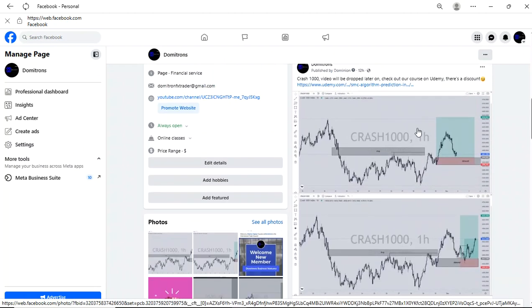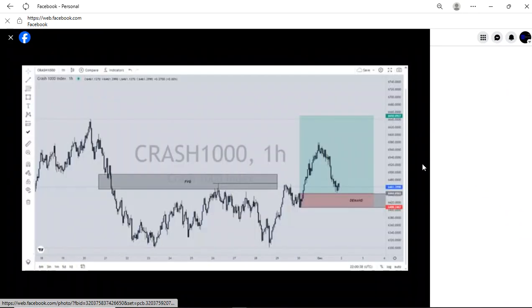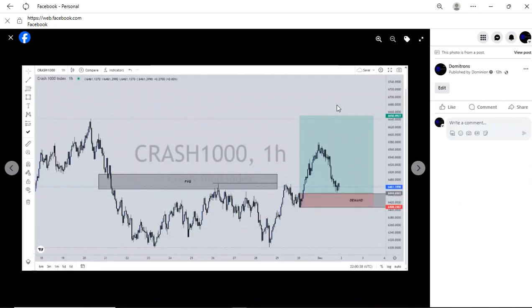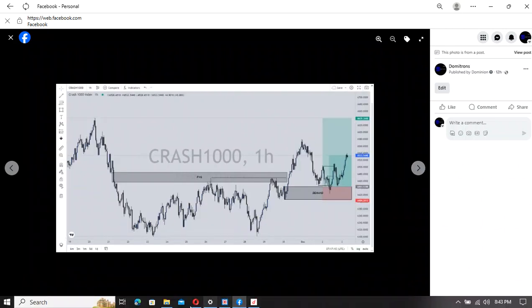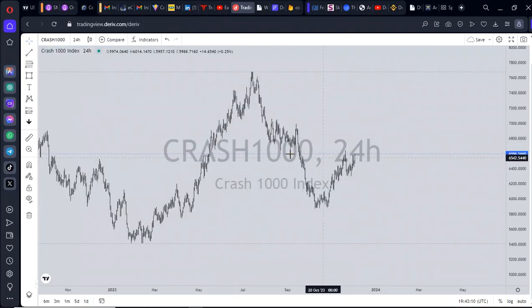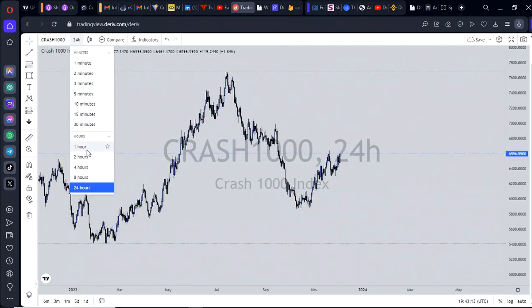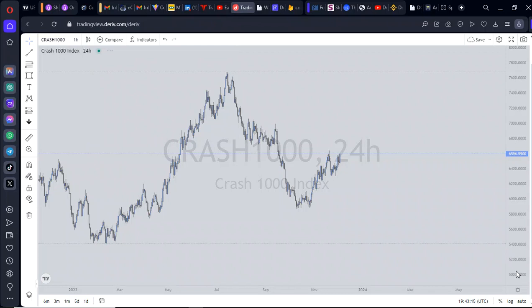I share the setup right here on CRASH1000, and you can actually see it's on the 1 hour time frame, right? So this is the analysis done, and I don't know if you can see the date right here. Nope. All right. So this is the setup, and this is it playing out right here, and currently we are still going higher. Right, so I will show you guys the markup right here, and after that we can now go to